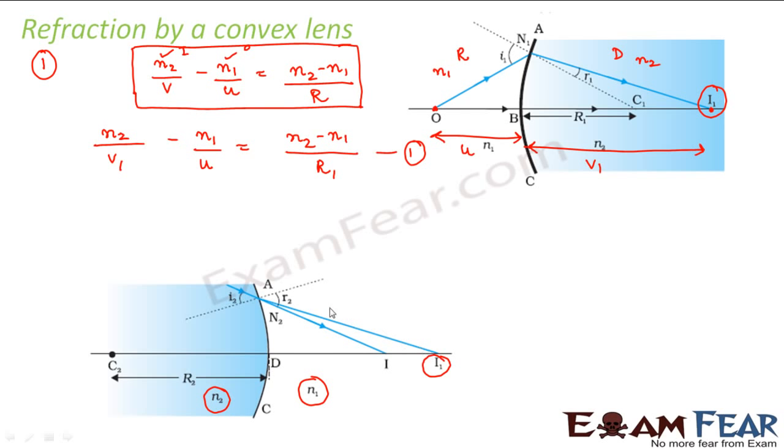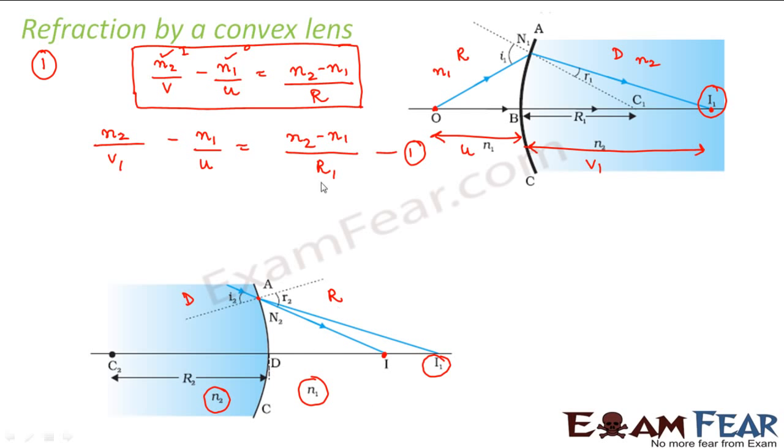The ray of light which goes from this object looks as if an incident ray is coming in this way. When the incident ray comes here, it is moving from a denser medium to a rarer medium. As a result, it moves away from the normal. This is the normal, so it moves away from the normal and meets the principal axis at this point, and therefore the final image is formed here.